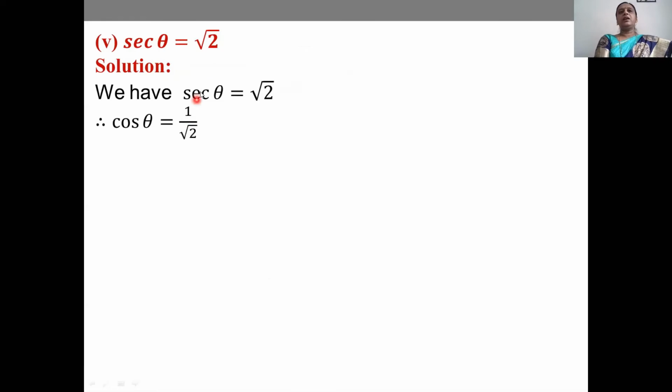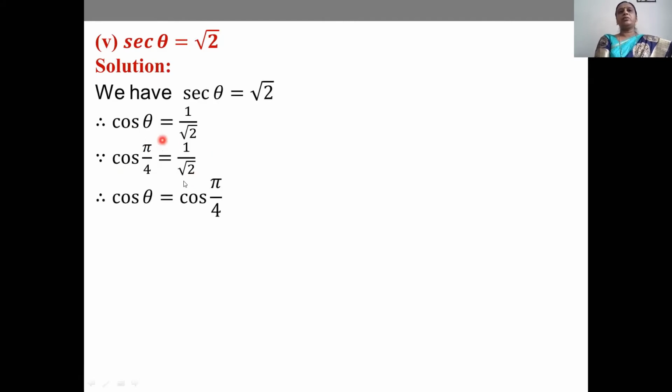Then take the reciprocal of sec theta, because all our formulae are in sine, cos and tan only. Therefore, if the function sec, cosec or cot comes, we take the reciprocal of that function. Here take the reciprocal of sec theta, that will be cos theta is equal to 1 by root 2. In the table 0 to 90 degree, at cos pi by 4, we get the value 1 by root 2. Therefore, you write down cos pi by 4 is equal to 1 by root 2.